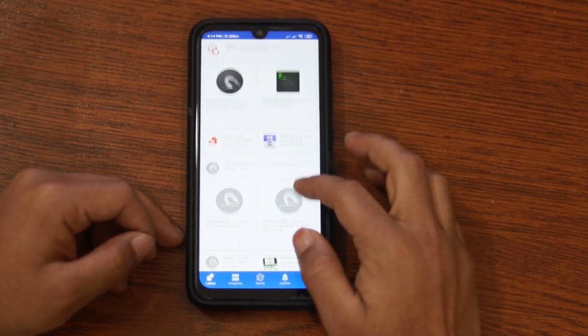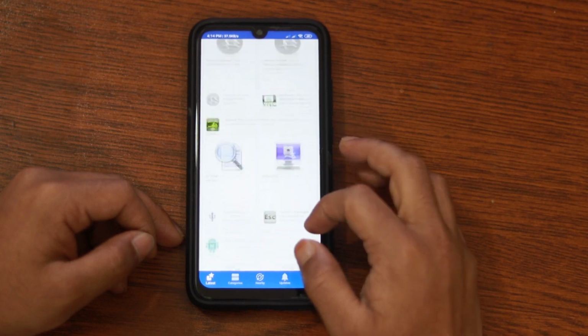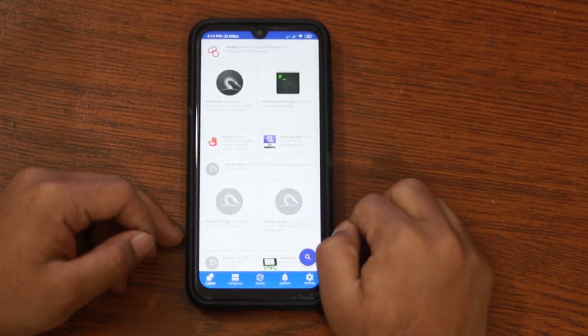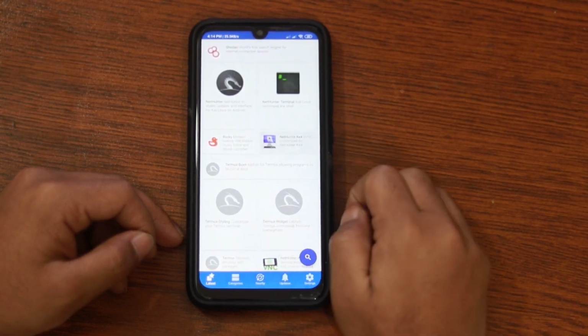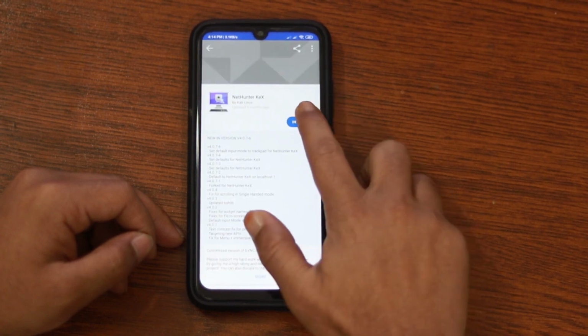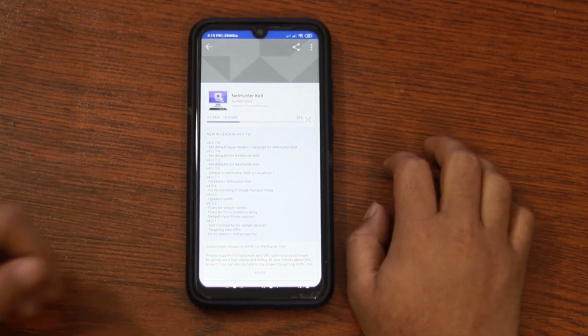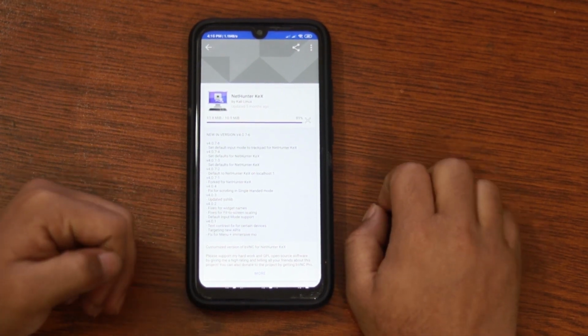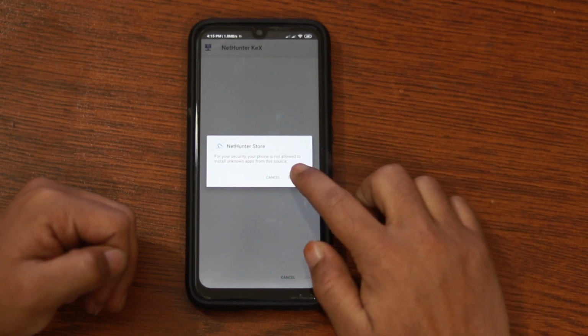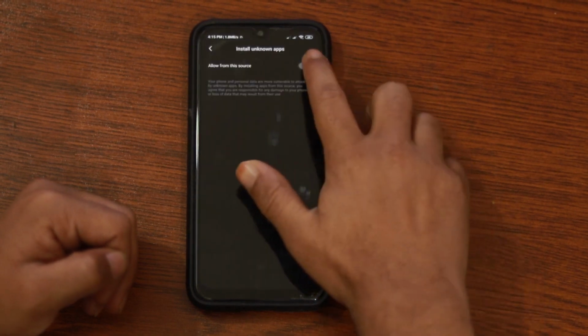From here you need to download 3 apps. Number 1 is Kex VNC. Install this app on your phone. On this pop-up, accept the install app from unknown source.